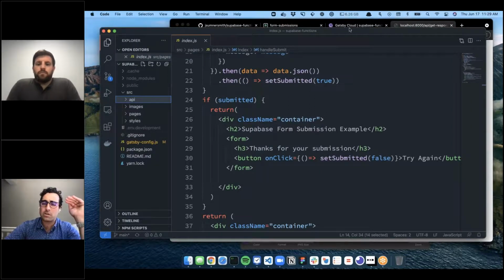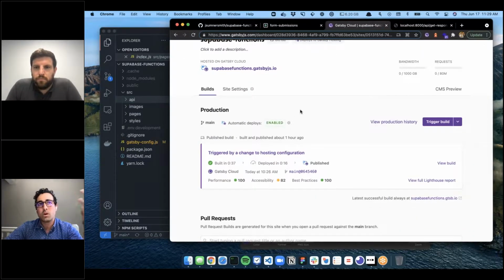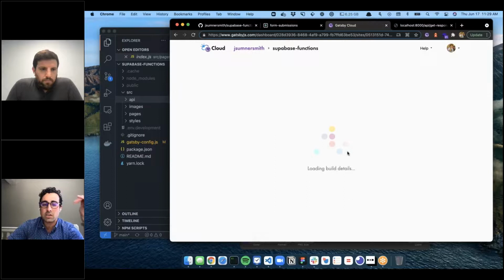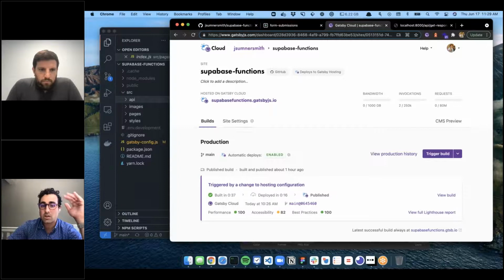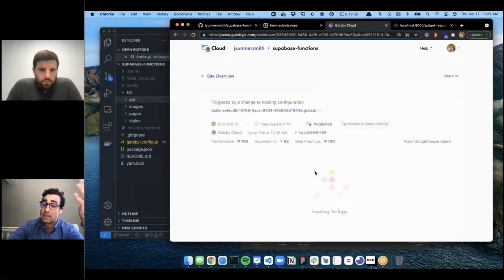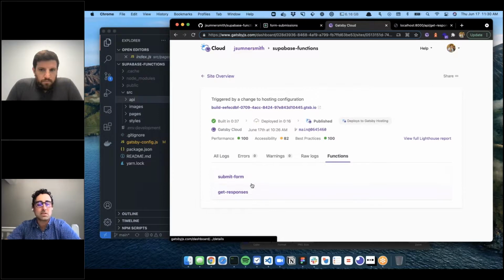Oh, sorry, one other thing I did want to show. When that runs in Gatsby Cloud, one of the harder pieces of running serverless infrastructure is that you can't necessarily just log into a server and look at logs. So we have included, on each build that you do, any functions that run on that URL. This is our currently published one, so it's actually running on this URL right here. Any functions that are invoked against that URL, you'll get a log. I think we keep them for about 12 hours. It might be 24, but let's say 12 because I think that's correct.